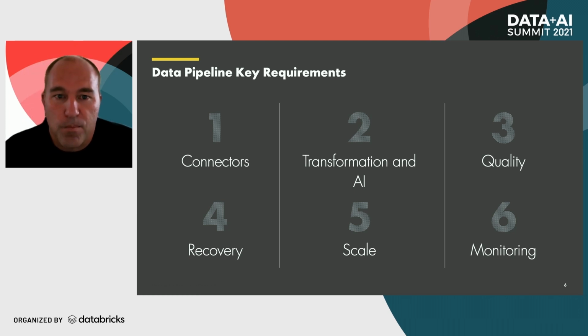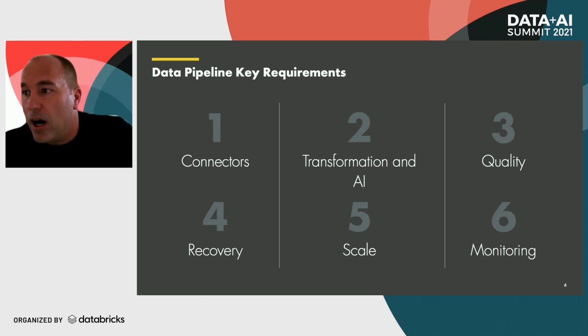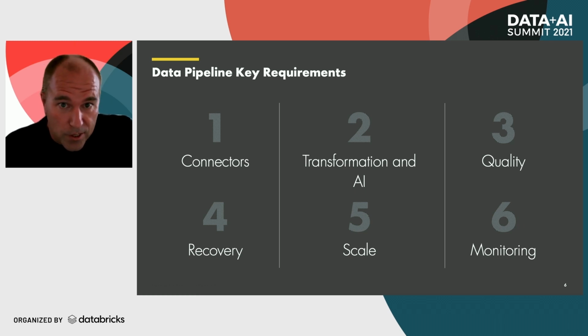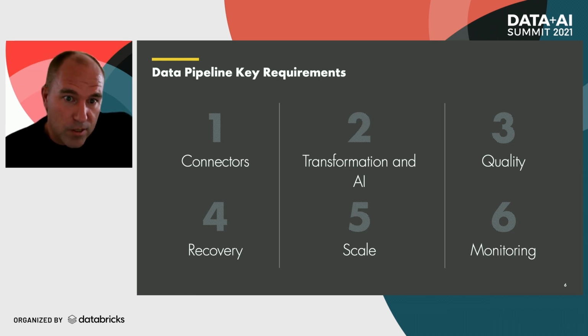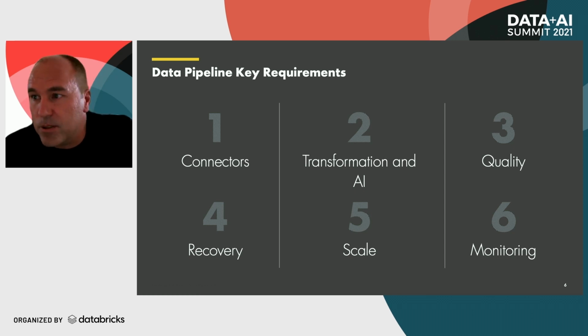We want to be able to make sure that we have a good picture of what is going on in our pipelines. One of the things that is often really useful from a streaming pipeline is for it to alert you when it's seeing numbers that are much lower than expected. We also want to be able to identify where we are seeing challenges with performance, and what the metrics are around all of these pipelines. So in my eyes, these are the 6 key features or requirements that we need to build production-grade, fault-resilient pipelines in Shell. So with that, when Databricks pitched the idea of Delta Live Tables to me a while ago,